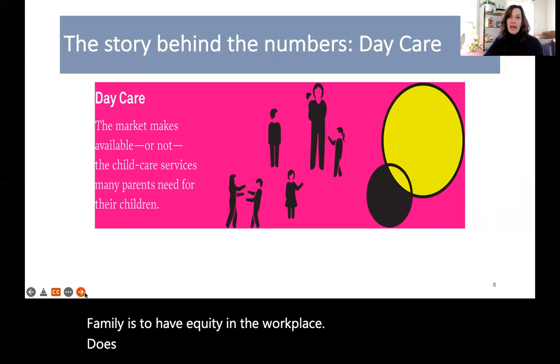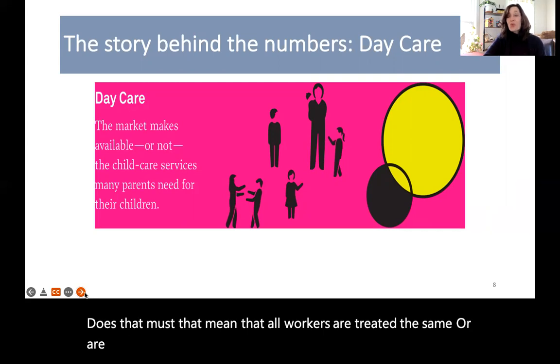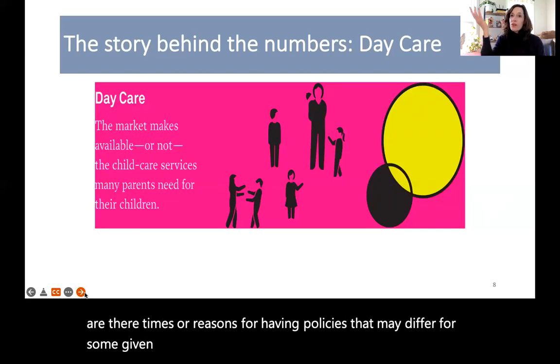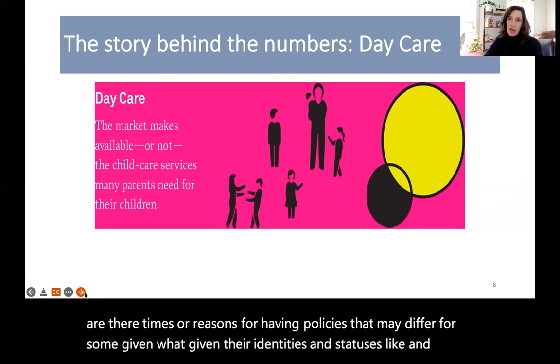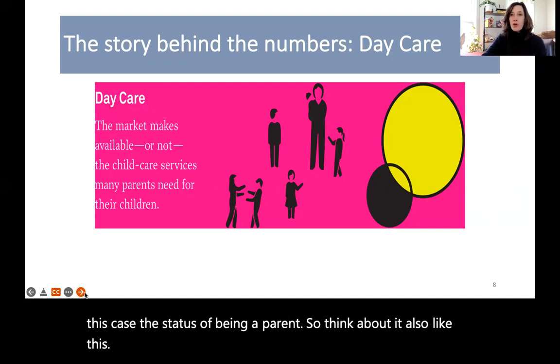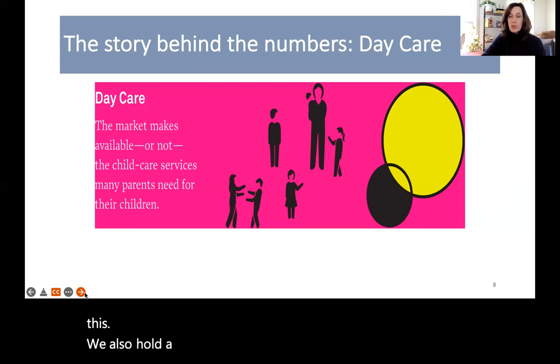Must that mean that all workers are treated the same? Or are there times or reasons for having policies that may differ for some, given their identities and statuses, and in this case, the status of being a parent. So think about it also like this. We also hold statuses within